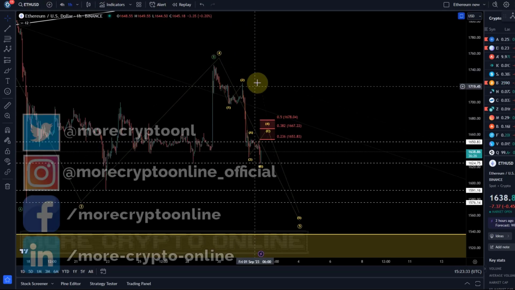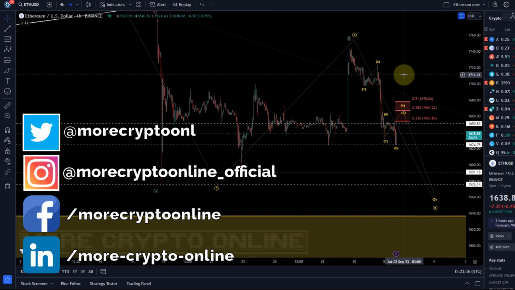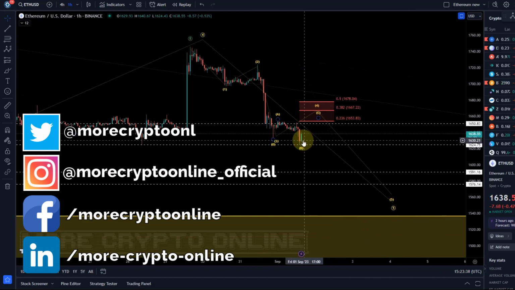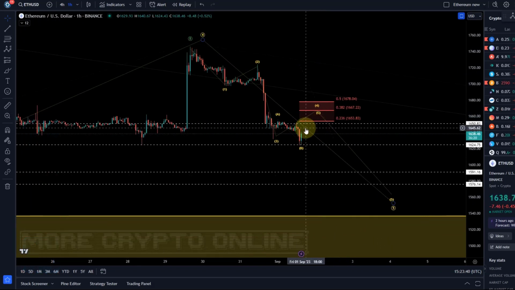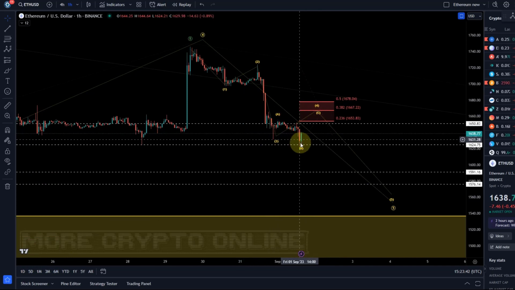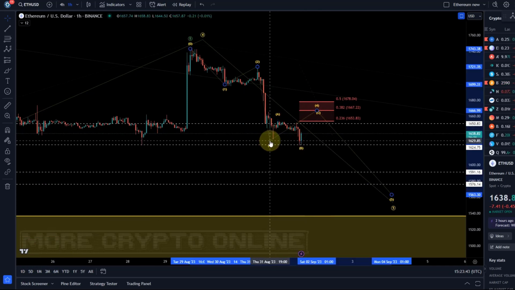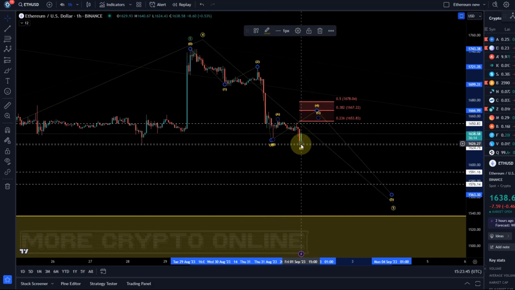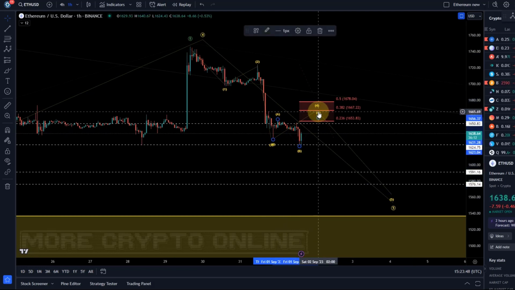On the Ethereum chart, we've seen another dip that was in line with expectations, and now a bit of a recovery. I hope we're dealing here with just a flat structure, a three-wave move down in a B wave of a wave 4. You will remember from the previous video that we expect lower prices, but we are still in the wave 4, so price can reach all the way up to 1667 or 1678.